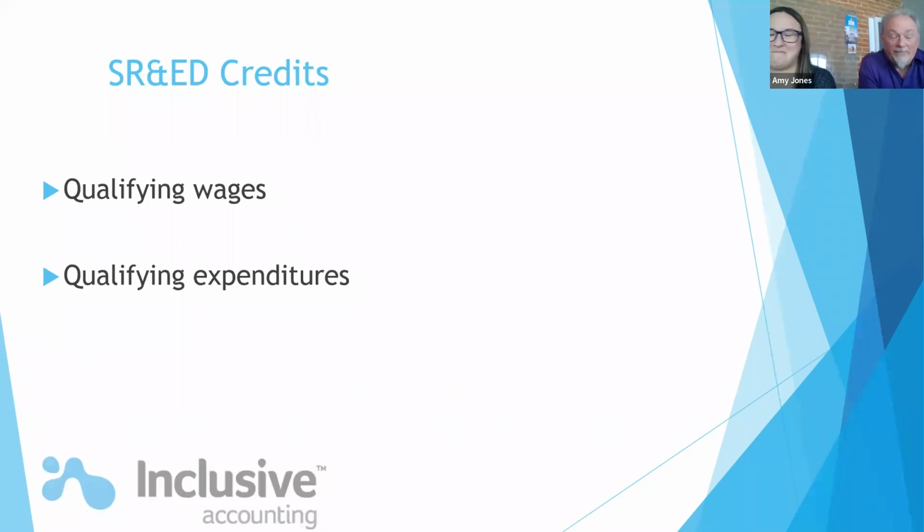SR&ED, scientific research and experimental design credits. So if you're doing research and trying to build a new wheel, to develop something, a new product, to overcome some hurdles in getting your product to market, those would likely be qualifying expenses for this credit. And not only is there qualifying wages, there's qualifying expenditures. And I believe the tax credit is 35% of your qualifying wages and expenditures. So it is most